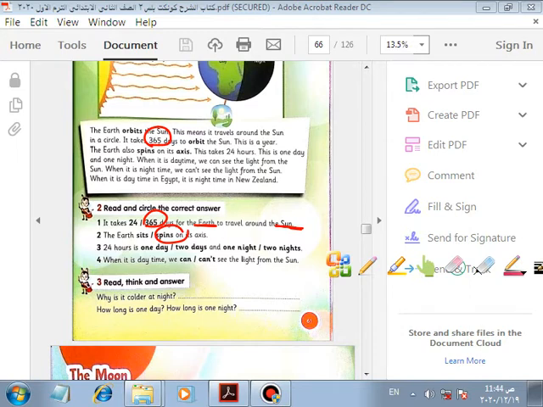Okay? 24 hours is 1 day or 2 days? 1 day. 1 night or 2 nights? 1 night. When it's daytime, we can see the light from the sun, or we can't see it? When it's daytime, we can see the light from the sun. Okay? You read, think, and answer. You can do it as homework.